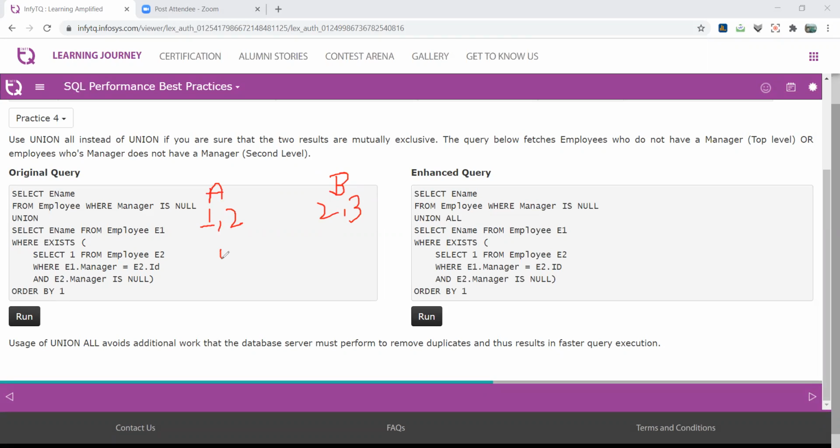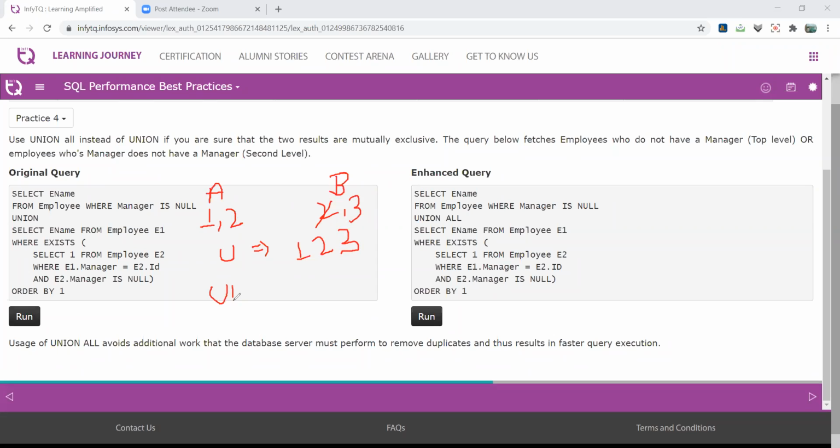Now, if you perform the union, the output is 1. This one is compared with the other given set. 1 is not available, so the resultant set contains 1. Now 2 is available here, so this 2 is nullified and 2 is displayed here. Repeated values are not allowed in union, right? Now again 2 is exhausted, so this set is complete. Now we check the other set, 3 is the only element and this set is exhausted, so 3 is in the resultant set. So 1, 2, 3 is the output of union.